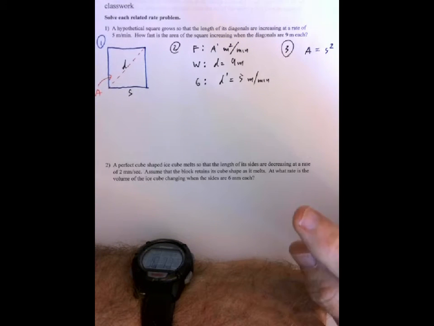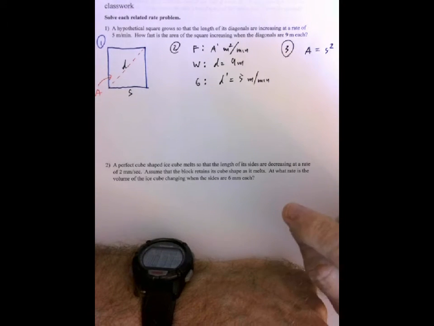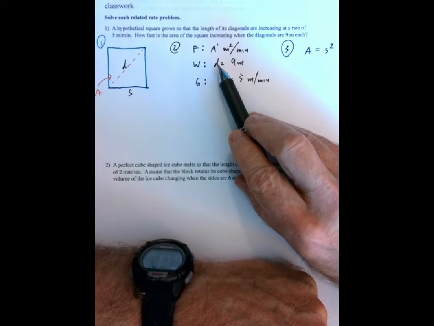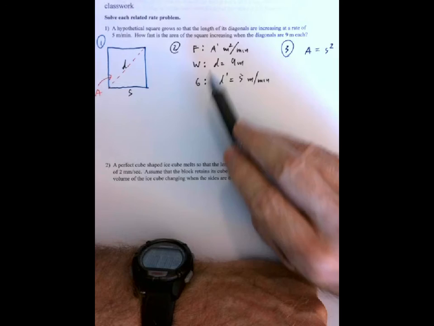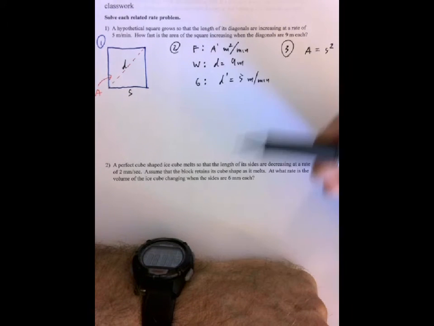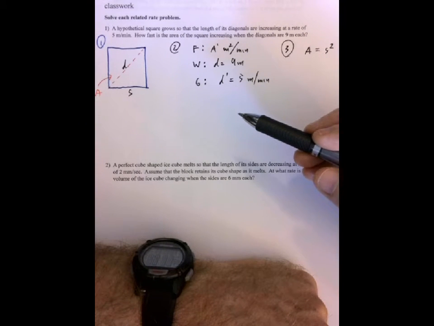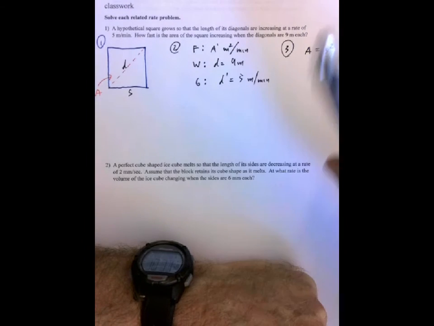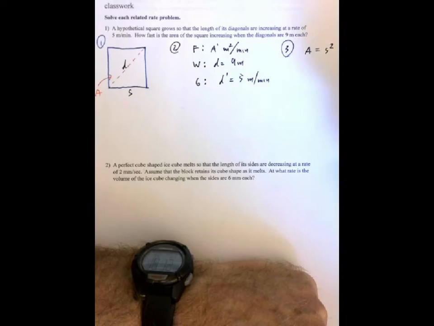Well, we have to go a little bit further. That's what makes this problem a little bit harder, because we need a formula that directly relates diagonal and area. In other words, that'll give us the area as a function of knowing what the diagonal is. Okay, well, we don't have that yet, but we do notice over here, oh look,